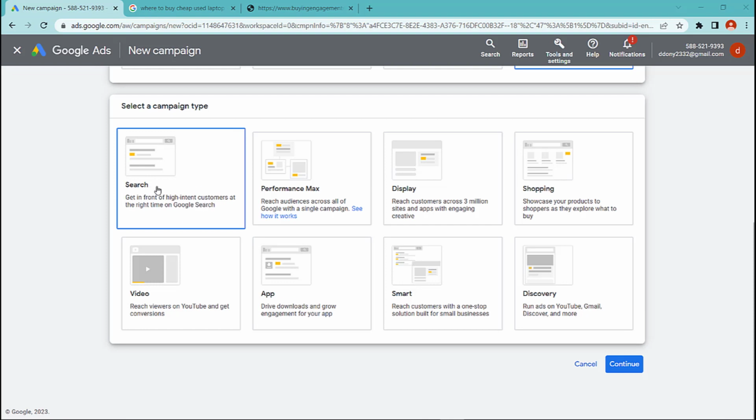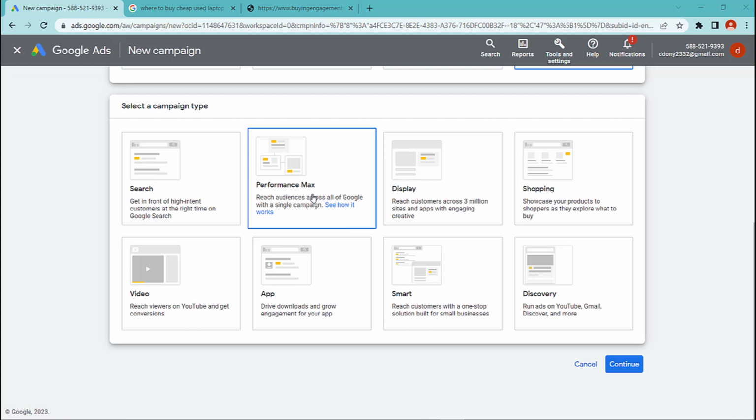The search campaign type is focused on the text-based ads that appear in Google search results. These are triggered by specific keywords related to your product or service, and they are designed to reach people who are actively searching for the products or services that you offer.